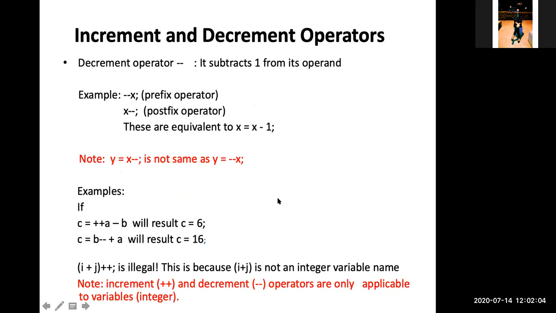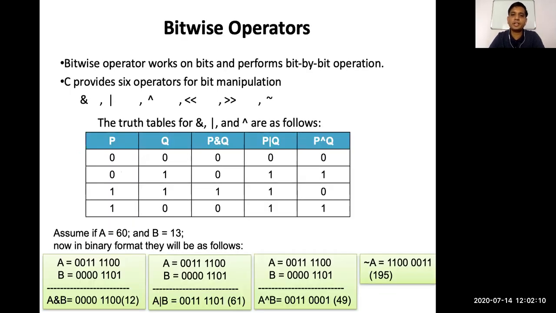Now same for the decrement. Actually, we are going to see some examples related to these operators, that's why I'm quickly taking only an overview of them. The bitwise operator is the next operator that we are going to see. For electronics engineers, these bitwise operators are very important. If you want to go into embedded systems or embedded programming, then everyone should know the bitwise operators.